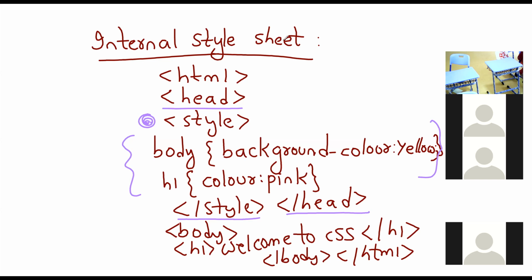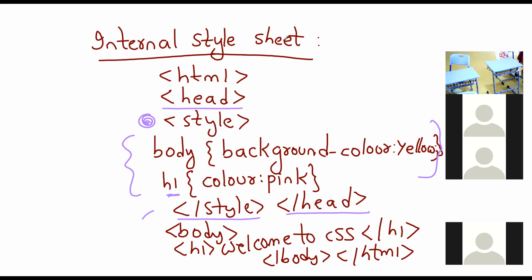Yes, we can include n number of texts which you want in pink color. Here we have only one heading. If you want to include one more heading, you can include it here. If we write H2 here, which color do you want? So it will affect the text on the web page, which is very easy compared to inline style. Once we have mentioned the body and the tags here, that will be affected in the output, right? So this is easy.